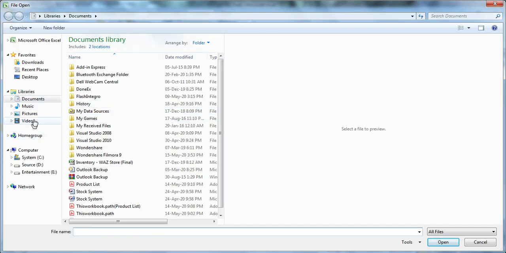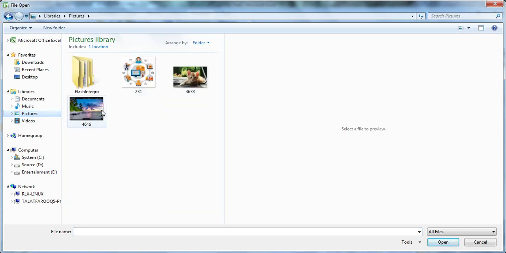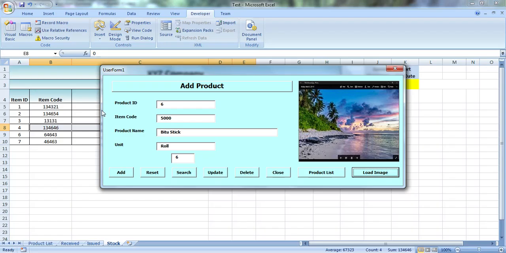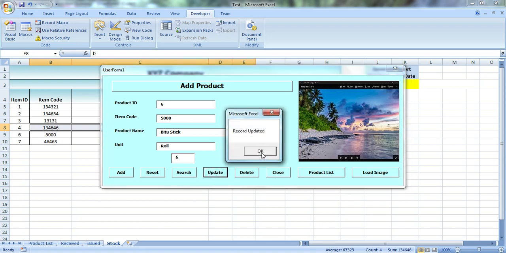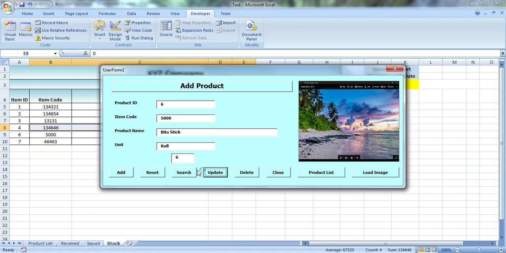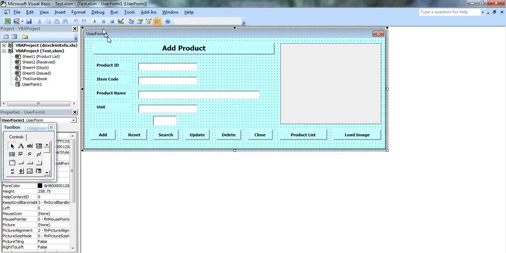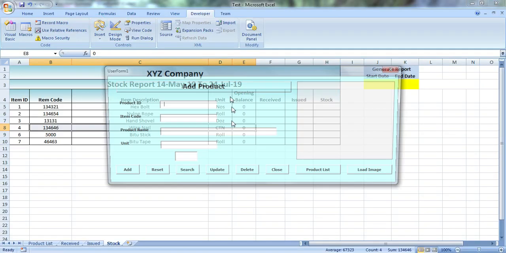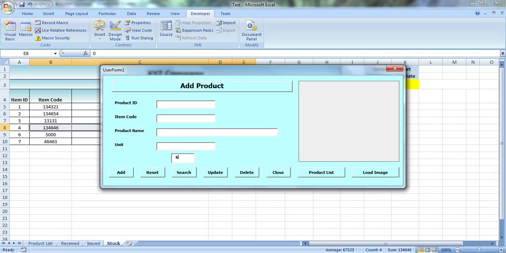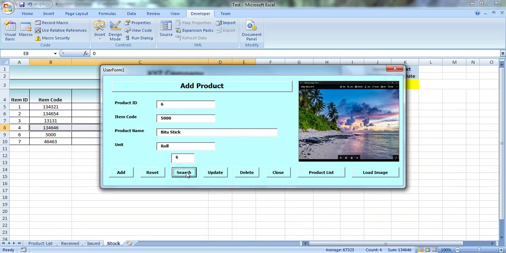So for that we will go and select this picture. Now I will update the record. As you can see, record is updated. Now if I close this and run again, and search this product again, as you can see, this product ID, item code, is changed and the picture also changed.